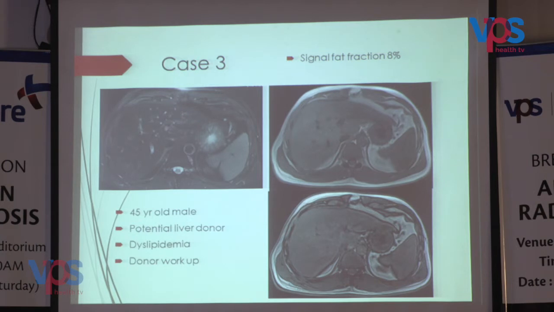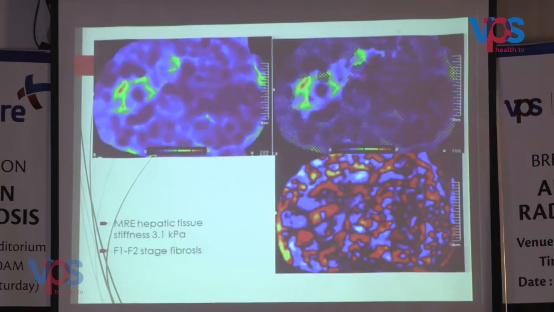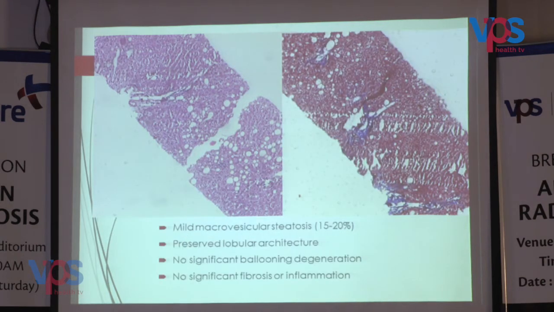Case 3, again a 40-year-old male, is a potential liver donor, and he had dyslipidemia, and we did a donor workup. You can see again that there is signal drop on the dual echo opposed phase images. He has a fat fraction of 8%. So we went on to do MR elastography, which shows a stiffness of 3.1 kilopascals, which gives you F1 to F2 stage fibrosis. And so this patient was not taken up for liver transplantation. This is what the biopsy showed: mild macrovesicular steatosis, preserved lobular architecture, no significant ballooning degeneration, no fibrosis